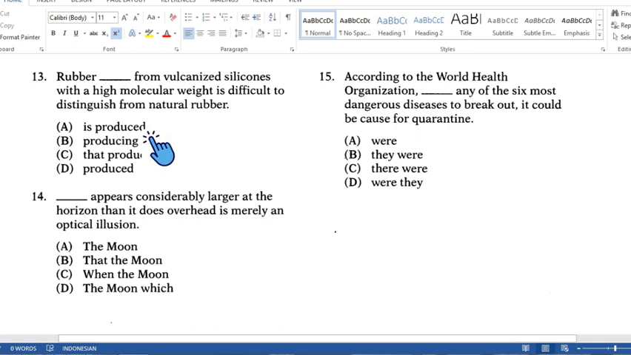What is that? Subject. No verb. Producing. No. Okay, the produce. No too, because we don't need that. Yeah, we don't need to produce into. Okay, so this answer is D. Produced is a past participle. Okay, then this